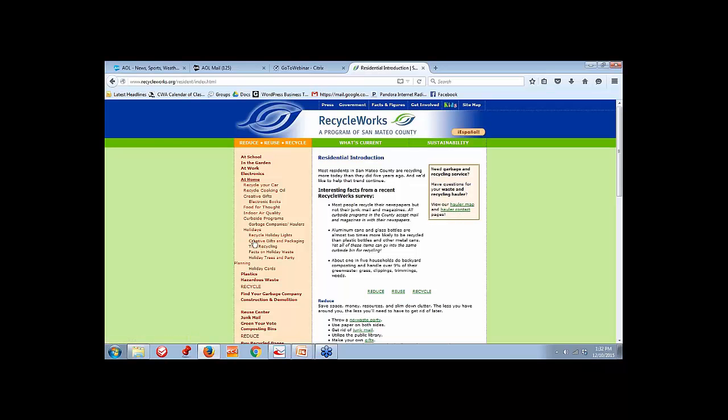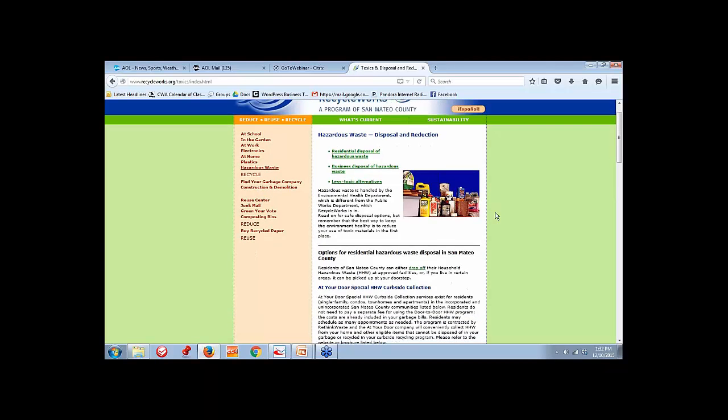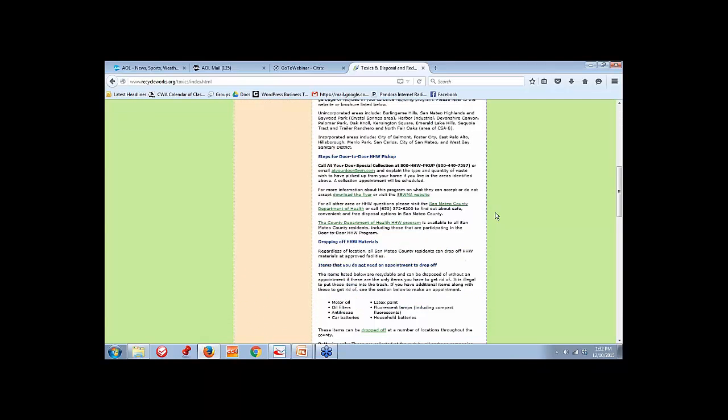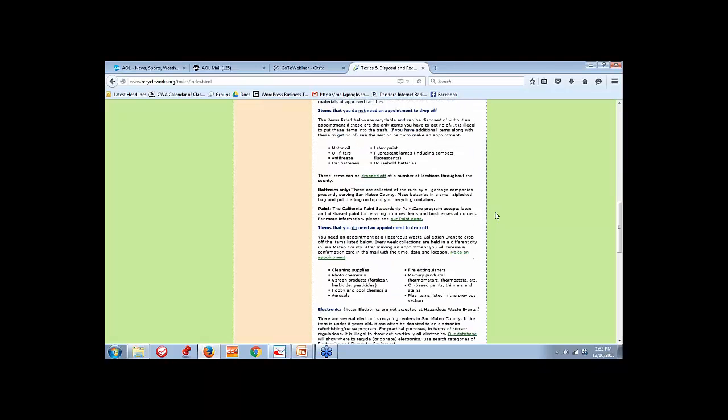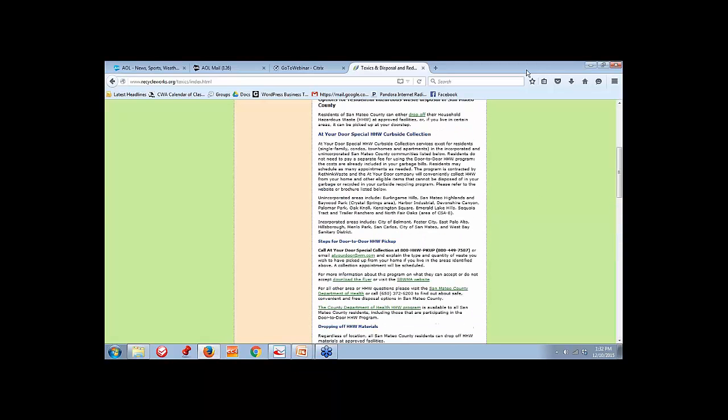The other thing that's really important, as we recognize that proper disposal of materials is sometimes challenging, is the hazardous waste section. It has a ton of information about how you can sign up for door-to-door collection, when the events are, what materials are accepted, and some of the other types of programs that are available. So this is really a one-stop resource for tons of information, in addition to all the other websites that we provided you. Make sure that you take a look at those.